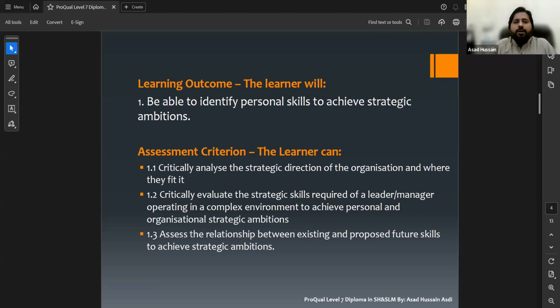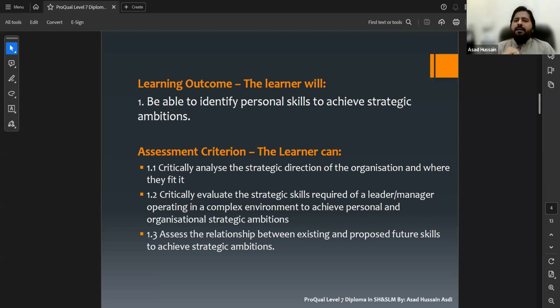Okay, so moving forward to the last assessment criteria of this first learning outcome, we have: assess the relationship between existing and proposed future skills to achieve strategic ambitions. So definitely, if an organization is managing strategically, they have a strategic management, they have developed or created this management just to achieve strategic ambitions.